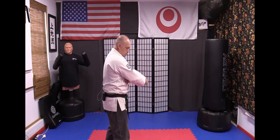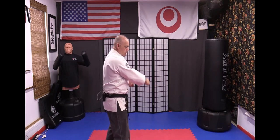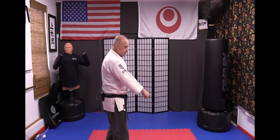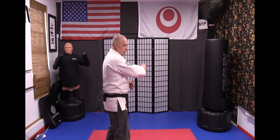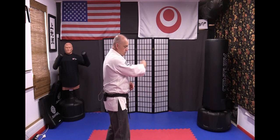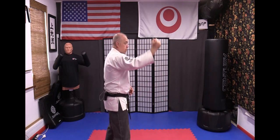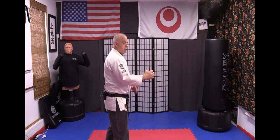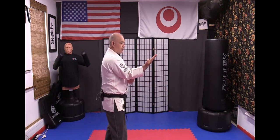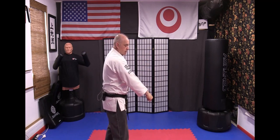rotating down. That's going to give you the distance that you need from your body so that you intercept the attack quick enough to be able to defend yourself, but also you're going to be able to get it out there. It still has a rotation to it. If you're too far out, you're either leaning or your arm is too straight, something's going on, all right? So again, it's from Sanchin, you're closing your hand, palm in, and it stays in all the way down, all